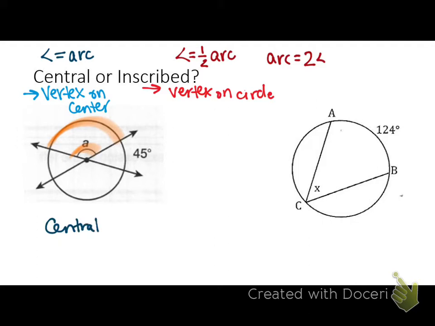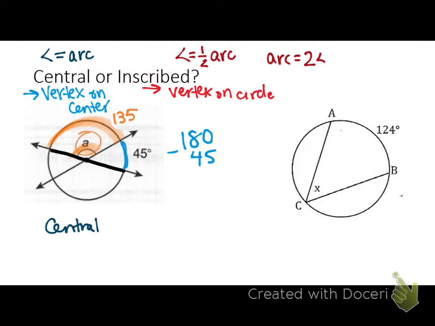It is central. So we need to find this arc, and then we would very much know what the angle is. So something to point out would be this line. What do we call a line that goes through the center? Like this. Diameter. What does diameter do to a circle? Cuts it in half. So how many degrees is this portion of the circle? 180. How much of the 180 do we already know? We know 45. So what do I do with this 45 to find what remains? Subtract from 180. So 180 minus 45 means that this arc is